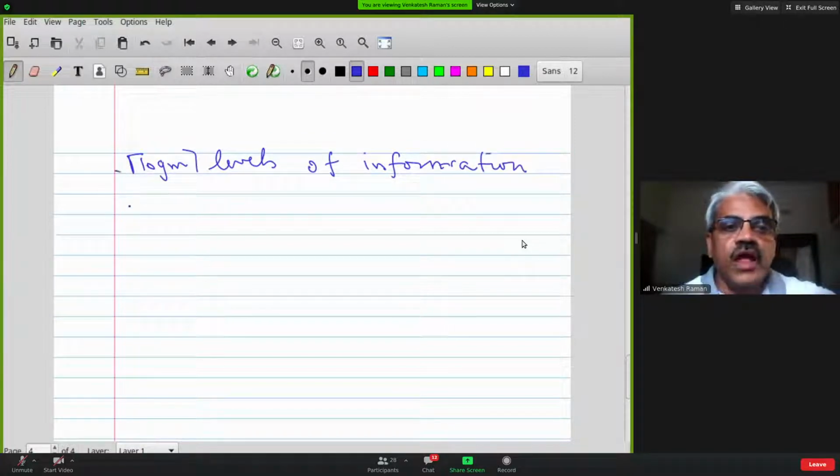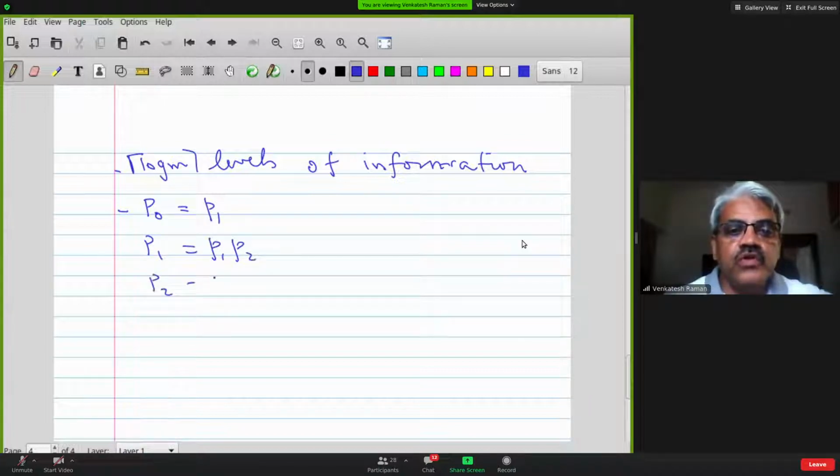Okay. So let's say I look at the prefixes of the pattern. My pattern is P, so P0 is just P1, P1 is P1, P2, P2 is P1, P2, P3, P4, and in general, P